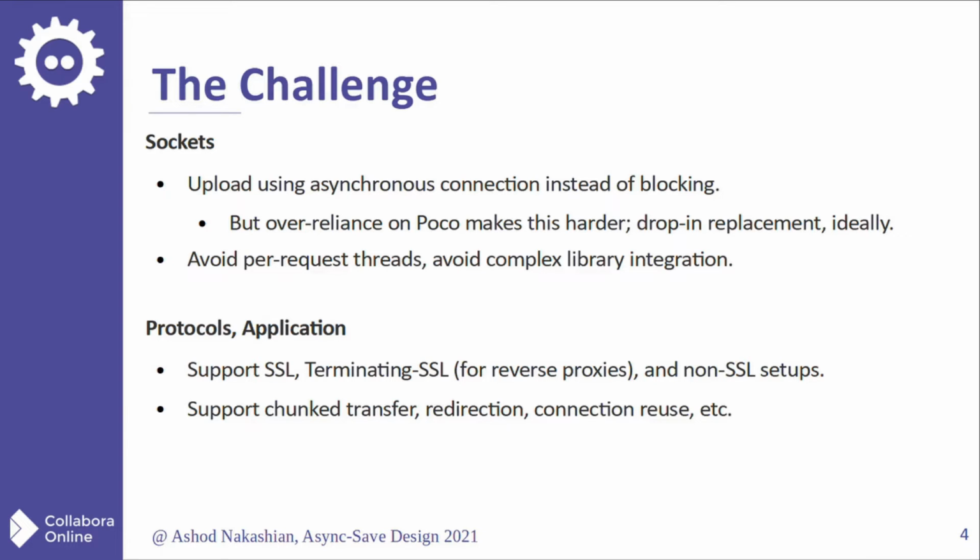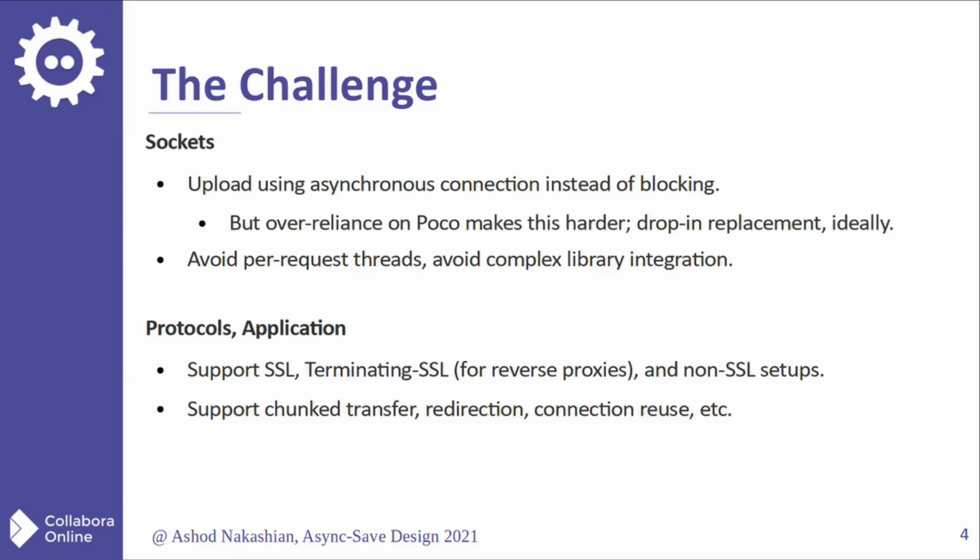The challenge was fundamentally that the socket and networking layer that we were using, which was primarily based on POCO, was a blocking one, meaning it was synchronous, and so we couldn't change that easily. And POCO had its limitations that we were already struggling with anyway. So we wanted to be able to change the socket, but that meant that we also had to refactor and redesign a lot of the code, because a lot of the internal structure was somewhat coupled by this critical stage